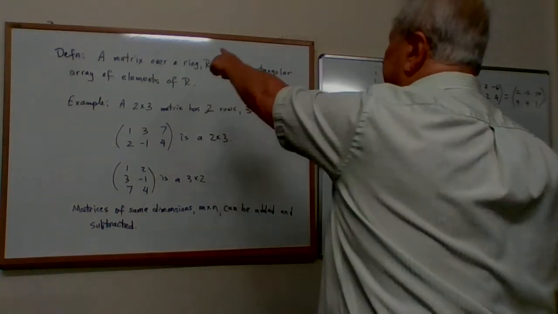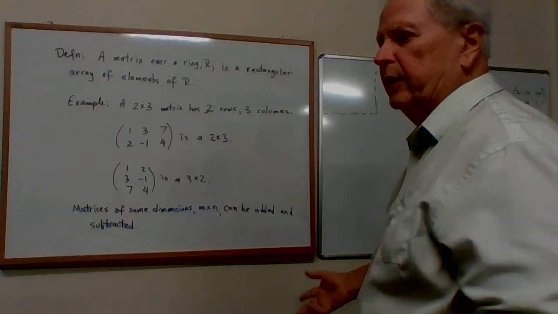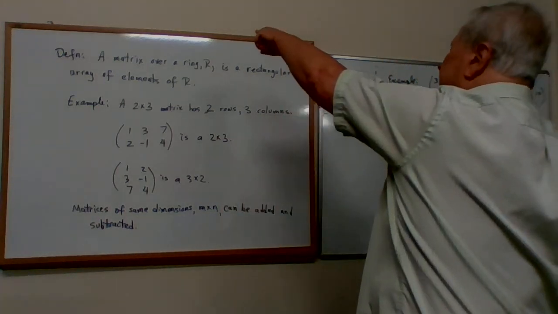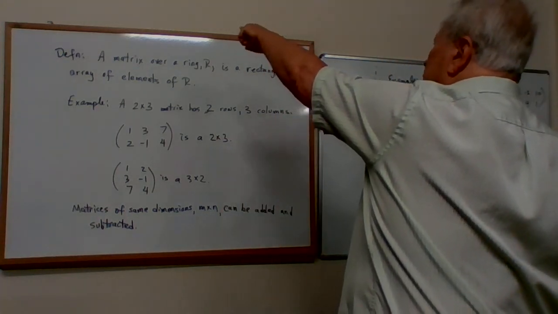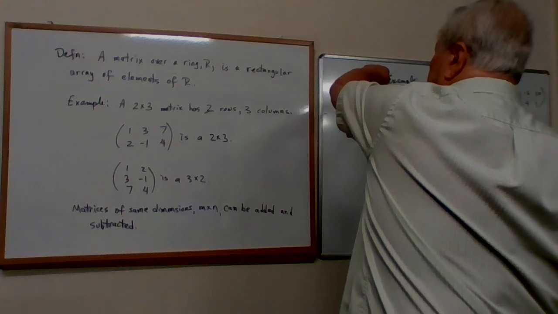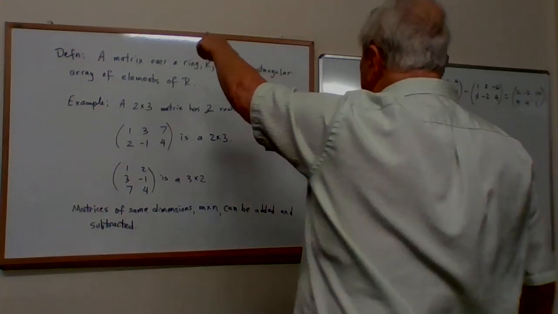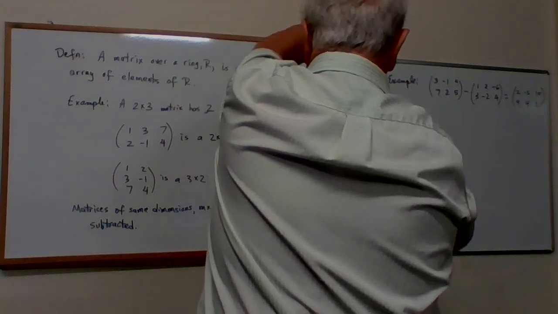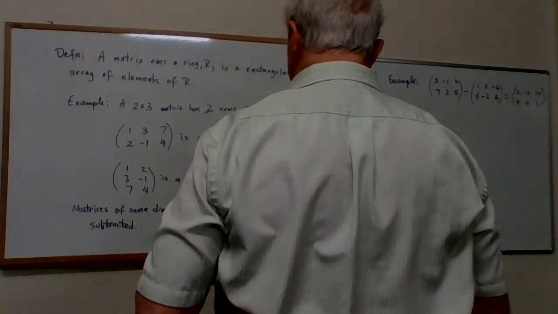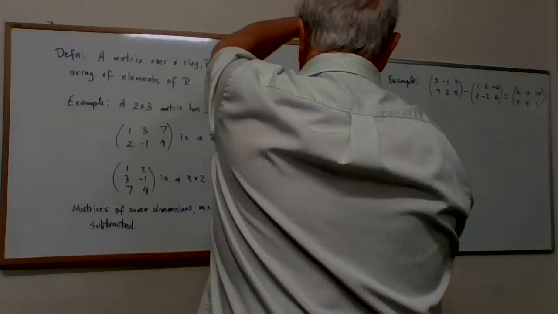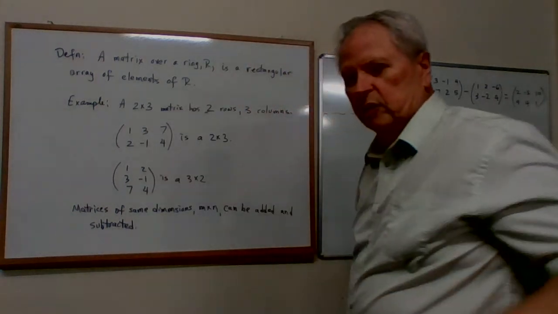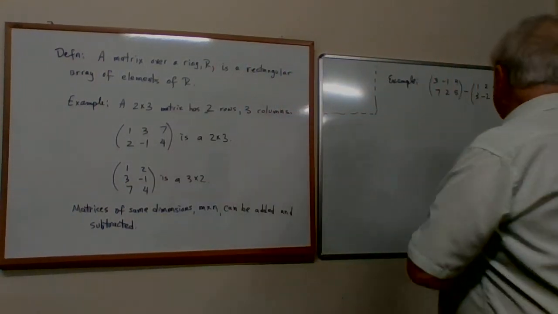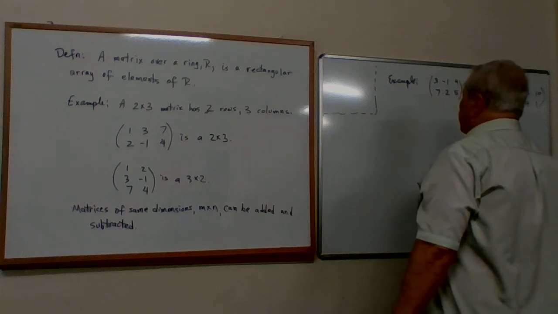You take your left hand, you don't put your right foot in, your right foot, no. You take your left hand and move it to the right, and at the same time, you take your right hand and move it down. Believe it or not, that is how you multiply matrices. So let's take a matrix.